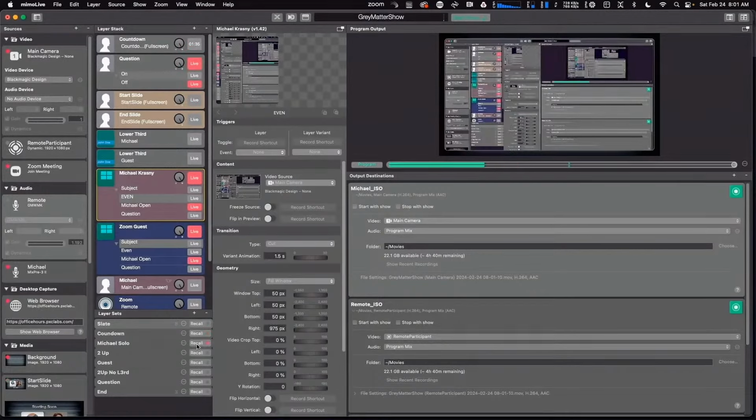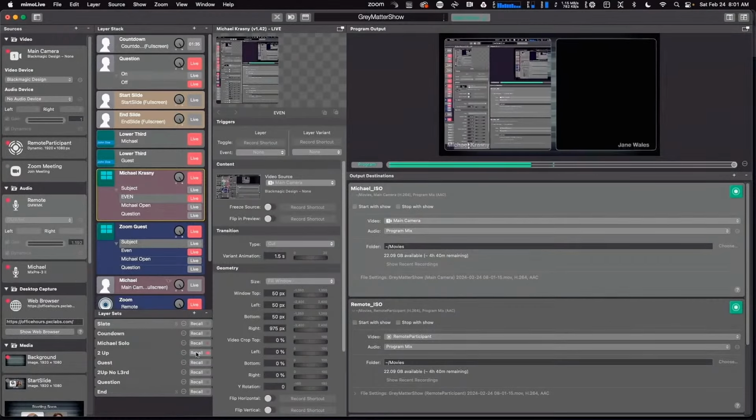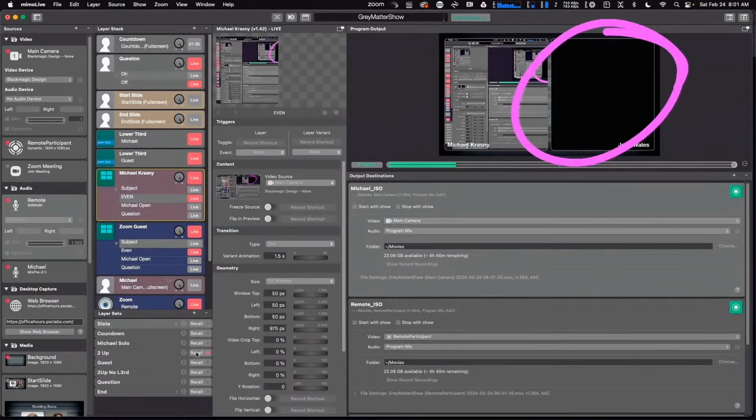And then I have a solo. This is going to be a video return because I'm sending the video into itself. But then I have a 2-up, and that'll zoom over, and this is what's coming in over Zoom ISO. So this comes in over. Now, Mimo can